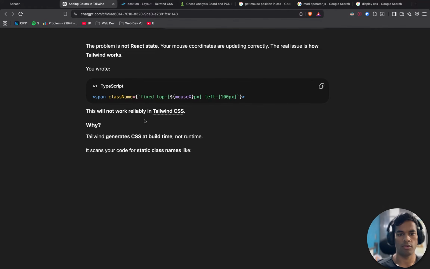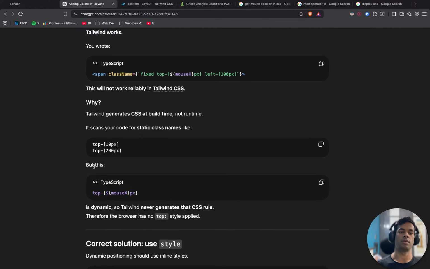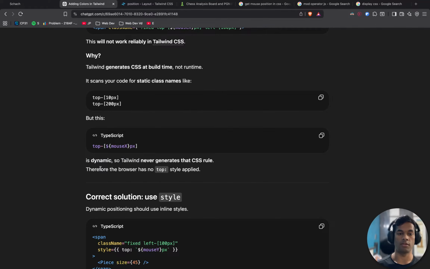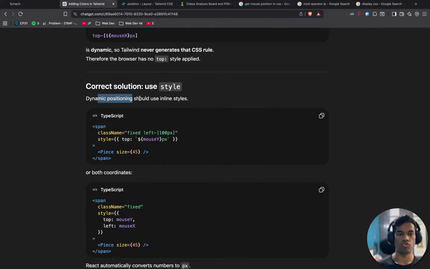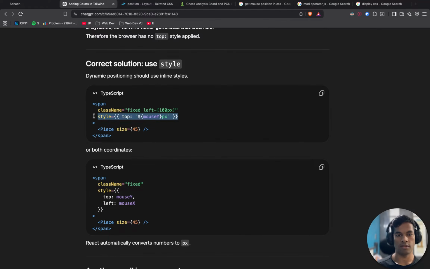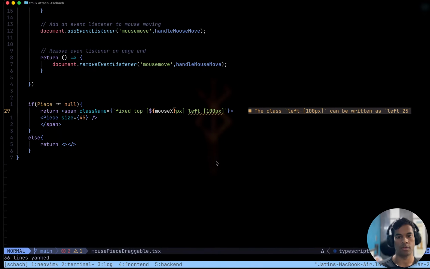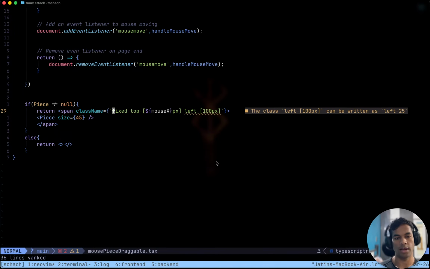The problem is not React state. It will not work reliably in Tailwind. Why? Because Tailwind generates CSS at build time. Makes sense, but this is dynamic. Okay, so the correct solution would be to use this inside style tag and not Tailwind. That is messed up.